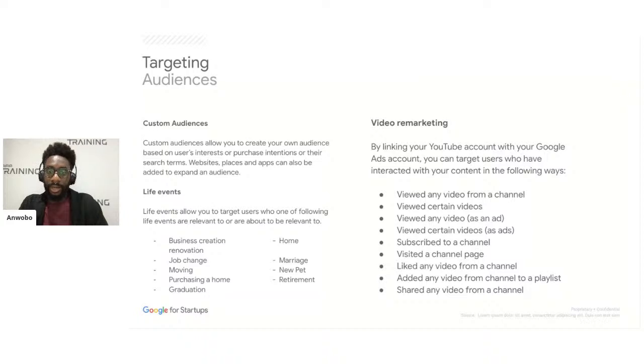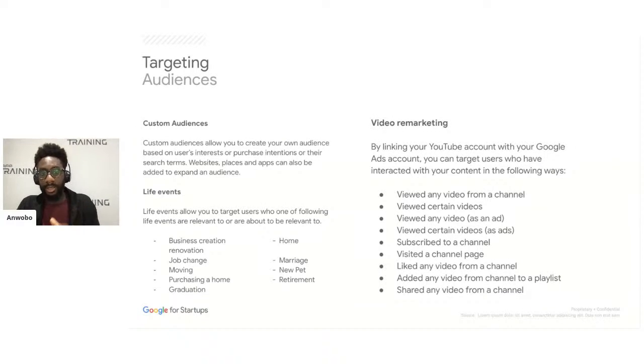Now, next up, we have life events, and life events are what allow us to target users to whom one of the following life events is relevant or about to become relevant. So we have things like business creation, home renovation, job changes, moving, purchasing a home, graduation, marriage, getting a new pet, or going into retirement.